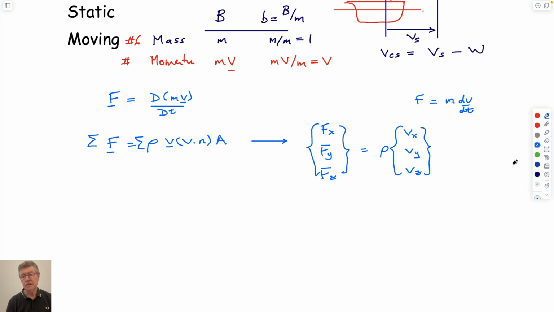And actually that's not, yeah, times V dot N A, which is probably a little easier to write in the way that we'll write it, which is sum of forces is equal to